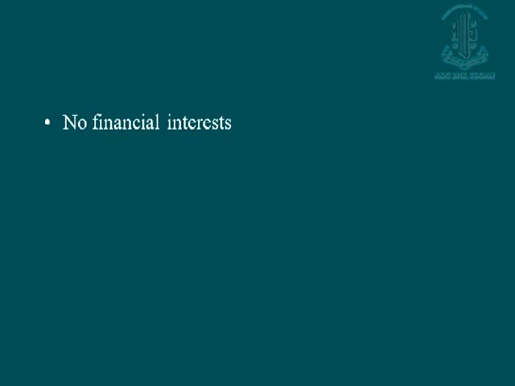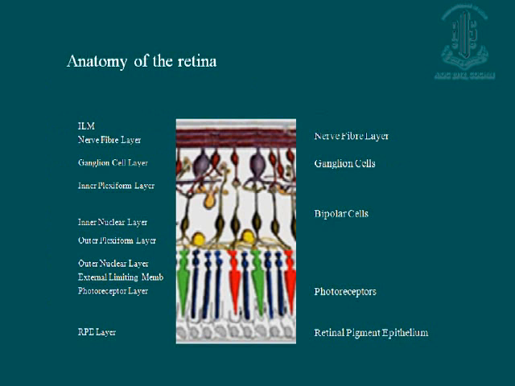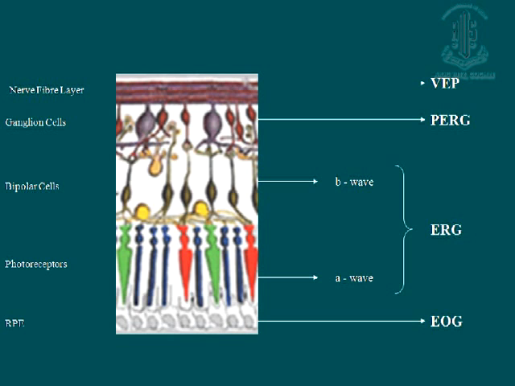We have a whole long list of electrophysiological tests. And if you look at electrophysiological tests, all these tests are basically designed to get a little more information out of the retinal layers. We have multiple retinal layers, and you have different tests which are used to analyze different layers of the retina. So based on what abnormality you see in a particular patient, you will be ordering the test. We don't do all the tests in all the patients.